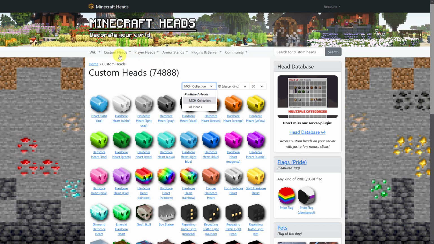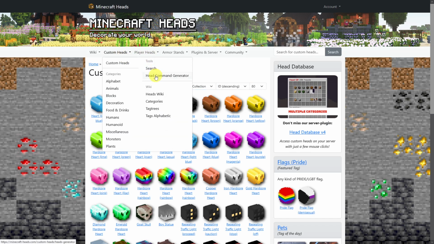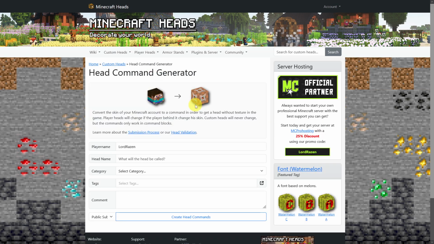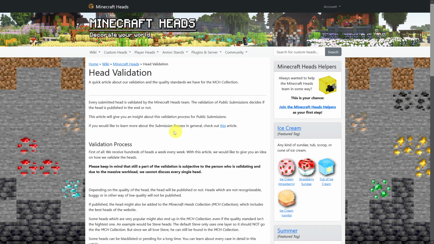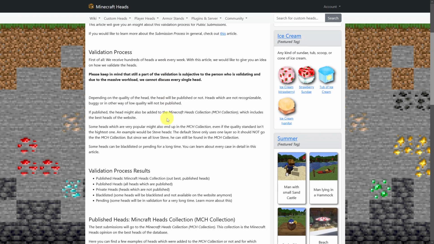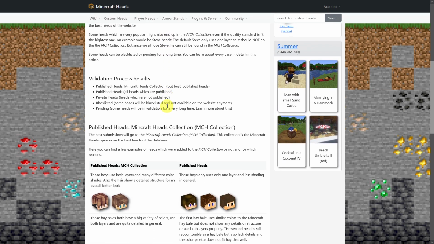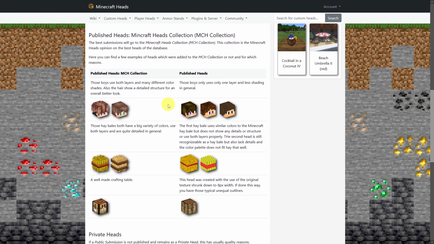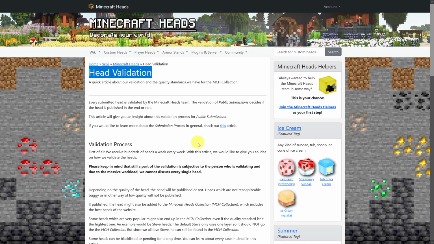So we also made a small document about our head validation process. You can find it linked in the head command generator. It's also in the wiki section. You can just click here and read about the head validation process, what's important for us and what we look at when we validate.